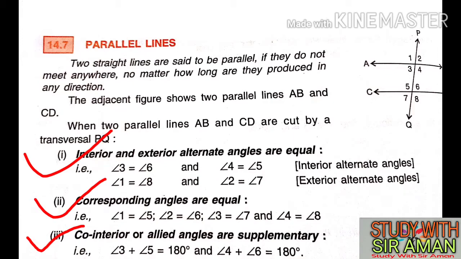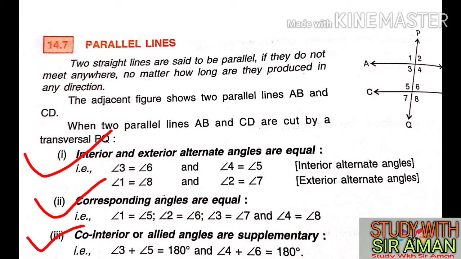The total questions are based on parallel lines, so you have to understand the relations, and first what a parallel line is. Parallel lines definition is here. Two straight lines are said to be parallel if they do not meet anywhere, which means they will not intersect each other, no matter how long you produce them. Whenever two straight lines are cut by a transversal, now what is a transversal? If there are two straight lines and one line cuts both lines, then that line is said to be a transversal. And in that, 8 angles are made.